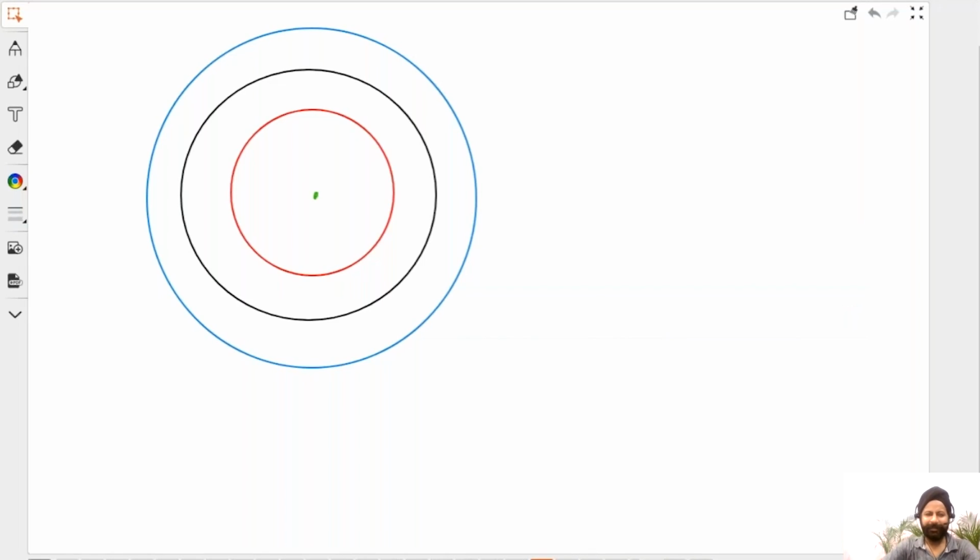So if this is the dot here, this is where you drop the stone or the pebble, you will see the waves going outwards, right? So all these particles, they're going up and down together. See, wave is traveling, the particles don't travel, right? That's how the waves work. So they just go up and down together, and these ones go up and down together. These ones go up and down together. This is called a wave front. Is that clear now? Okay.